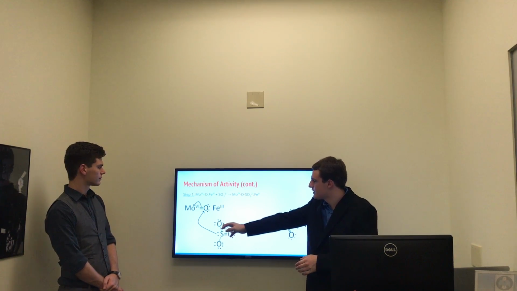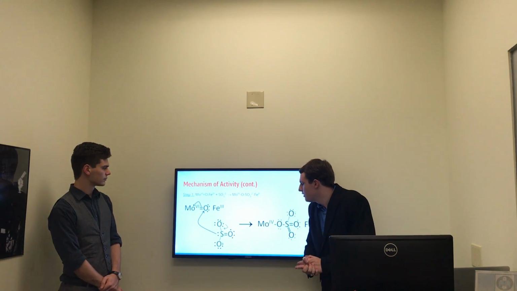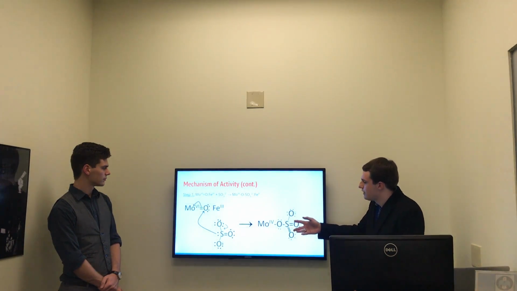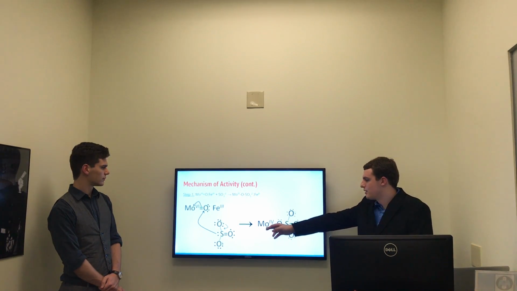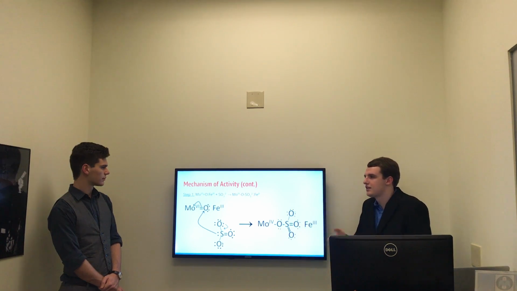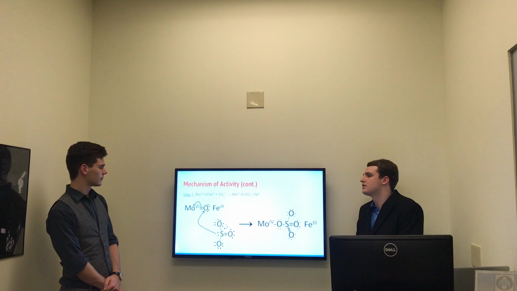Additionally, this oxygen right here comes down and forms a double bond right here, making this intermediate right here. Since the molybdenum has actually done chemistry, this is metal ion catalysis, and since this oxygen is covalently bonded to the molybdenum, it is also